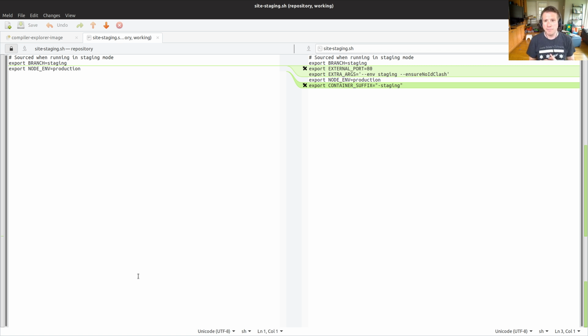It's going to have --env staging. Staging is really not going to change anything, but we'll come back to that in a minute. The --env just allows different configuration options inside Compiler Explorer itself to take effect, but I don't think we have any staging related changes. We've got a container suffix, which is the thing I'm looking for, so I can make sure that things are okay with regards to the output inside my log system.